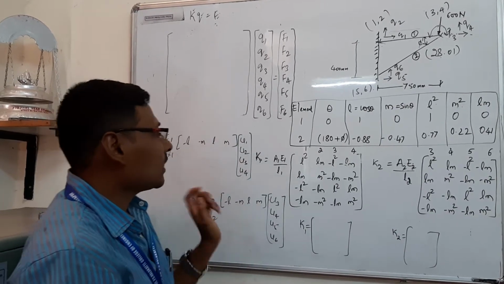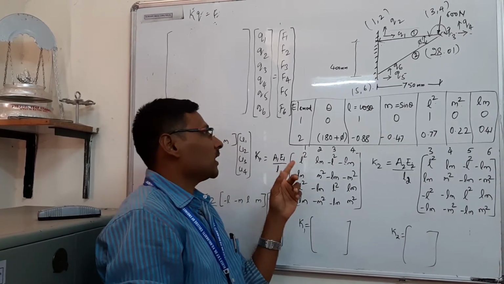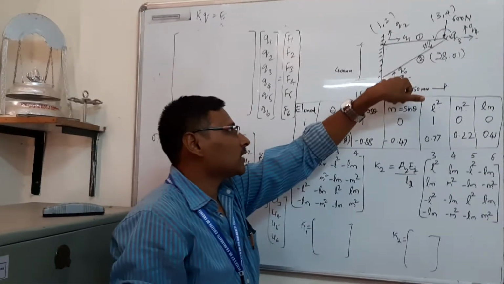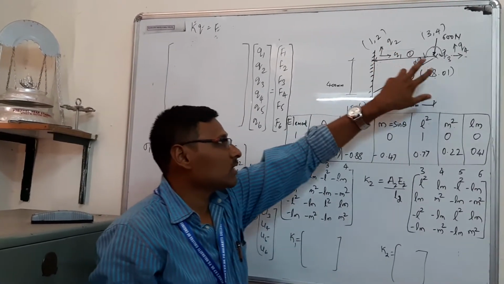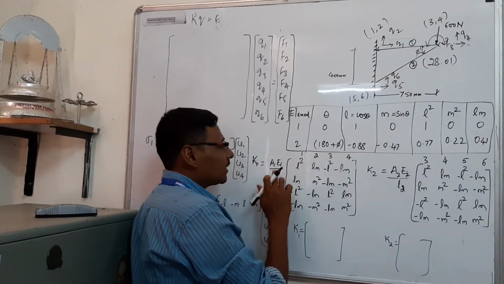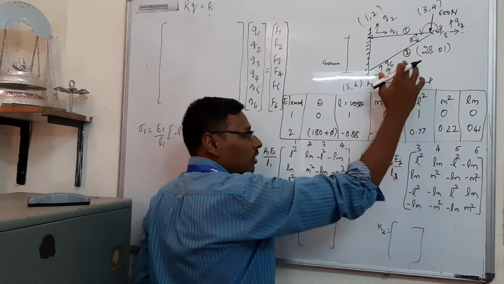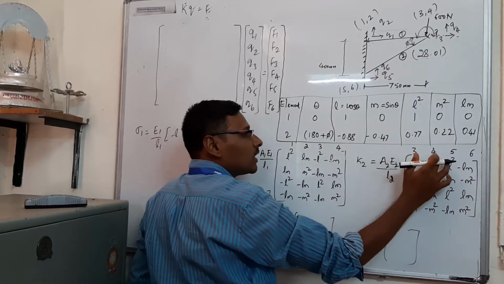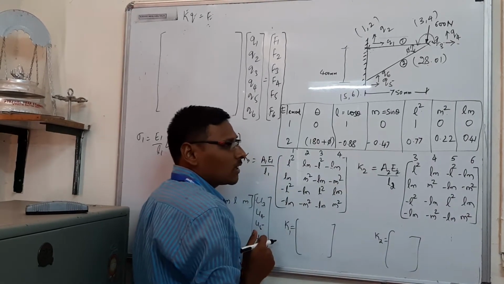So for that purpose I will consider the node deformations with respect to 1. This is the first node, second node and the third node. If you observe here, the first node is with respect to Q1 and Q2, the second node is with respect to Q3 and Q4. That's why I had considered the element 1 stiffness matrix with respect to 1, 2, 3 and 4. Similarly, if I consider element 2, it is with respect to 3 and 4, so 3, 4, 5 and 6 with respect to the element K.